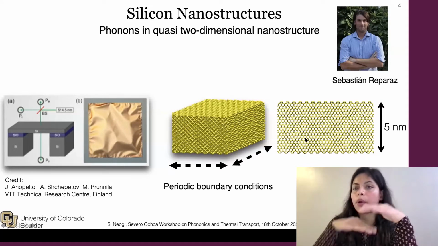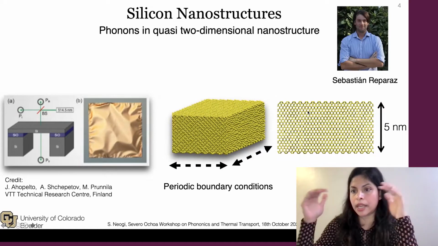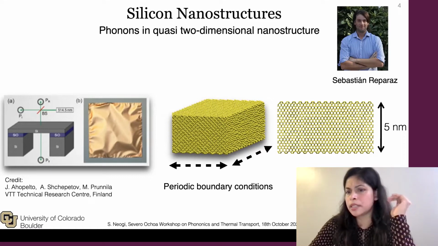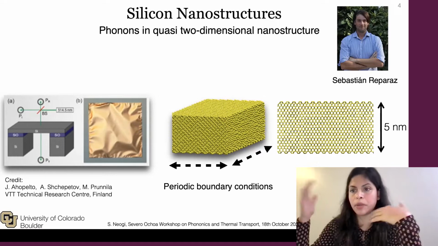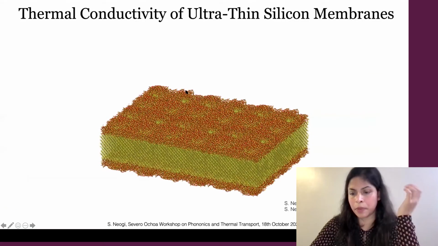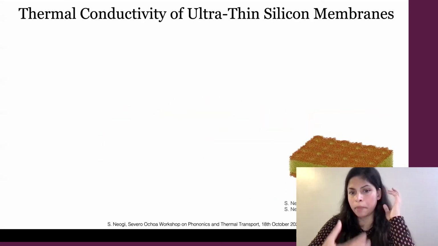And as you know, when you cleave the 001 surface of silicon, the atoms get dimerized on top and bottom. So that's what is shown. This is like 5 nanometers, but we tried between 1 nanometer and 20 nanometers, different kinds of thicknesses. And this was published in 2015. What we did is our main aim was to predict thermal conductivity